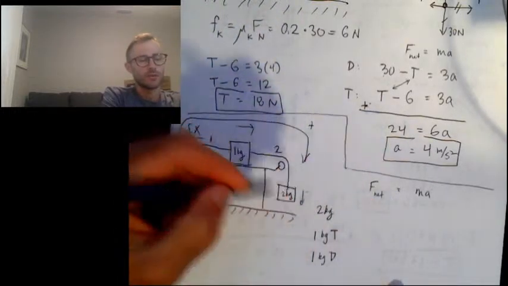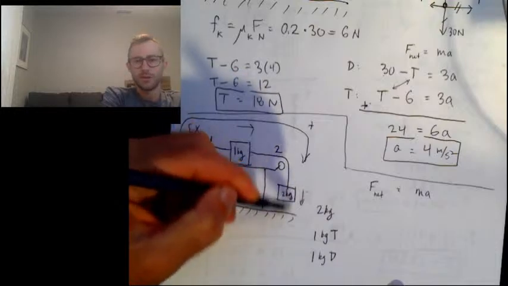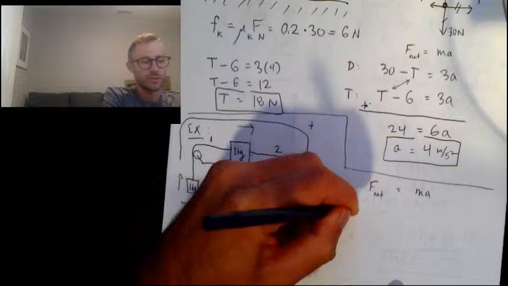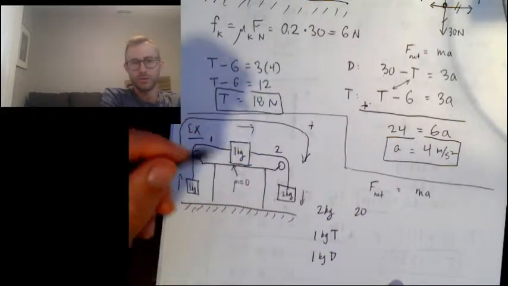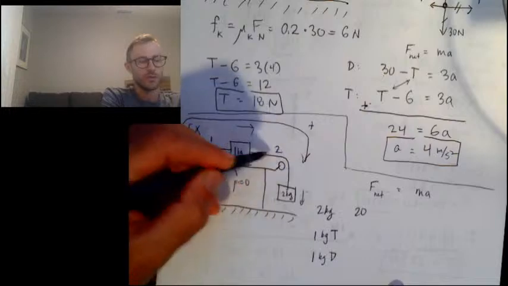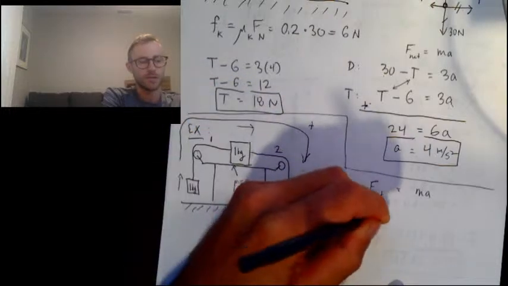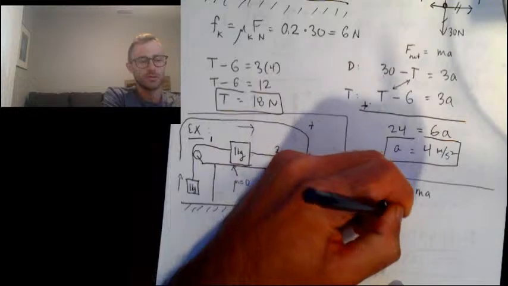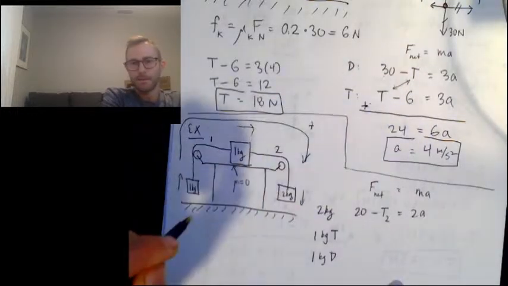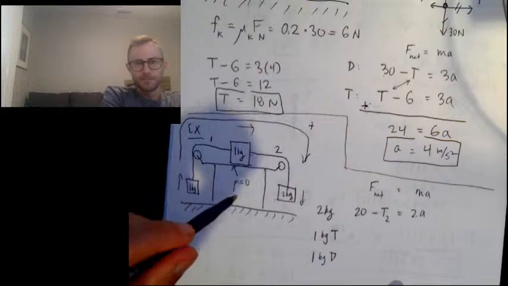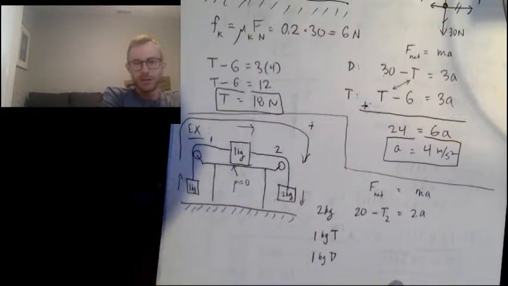So for the 2 kilogram mass, downward is positive, so it has a positive 20 Newton weight force, 2 times 10. It has a negative tension from rope number 2, so we have minus T2, and that would equal 2A. For the 1 kilogram dangling mass,